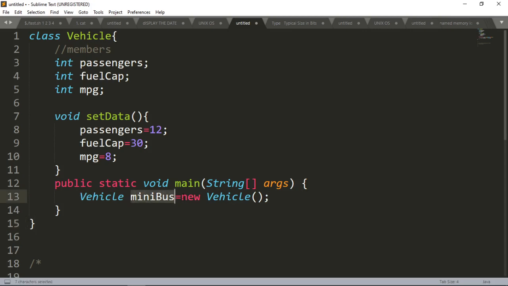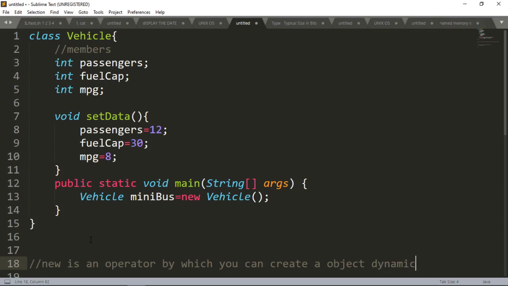Now what is new? New is an operator by which you can create an object dynamically.